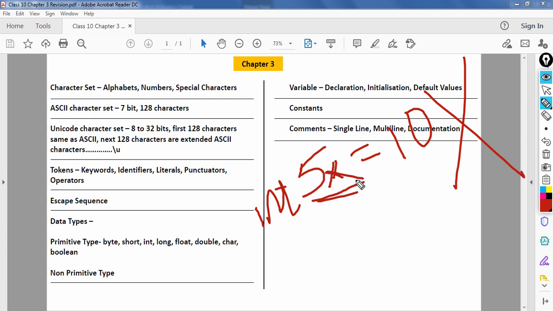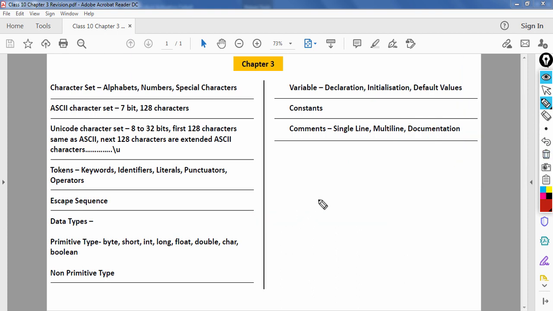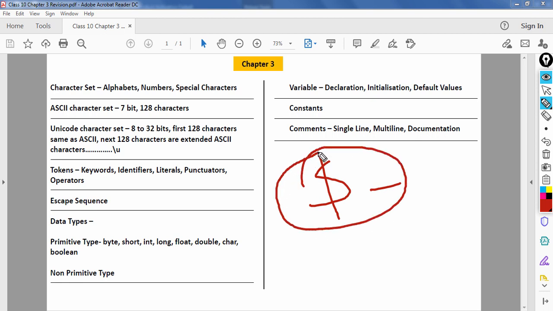A variable name or a class name or a function name cannot start with a number. You also cannot start it with a symbol except for two symbols: the dollar sign and the underscore sign. Only these two symbols can be used in a variable name. So you must go through these rules carefully. There are 4 or 5 rules, you must go through that.